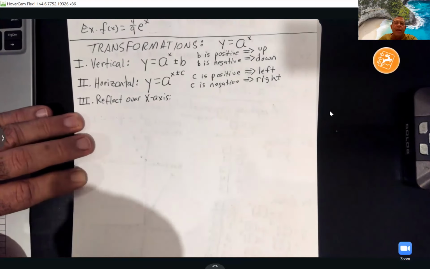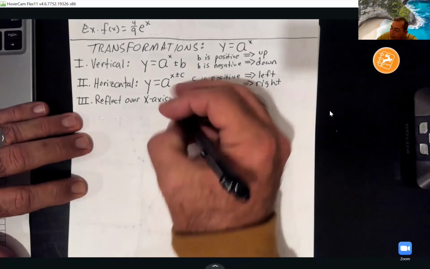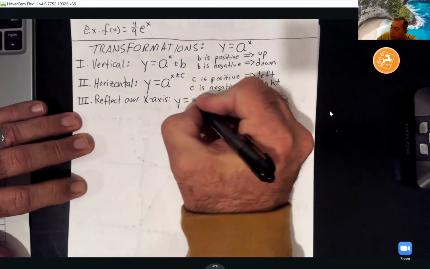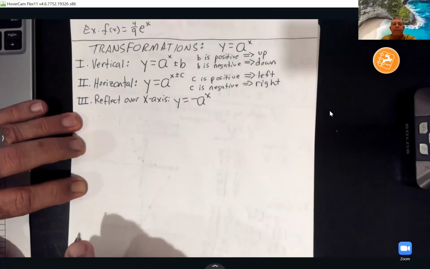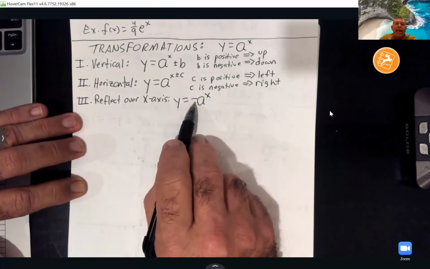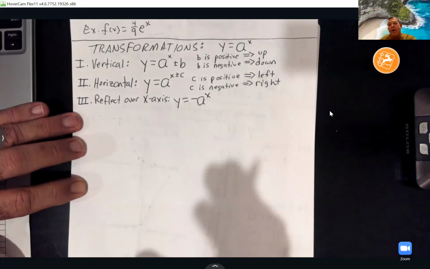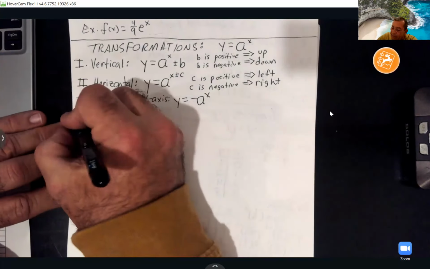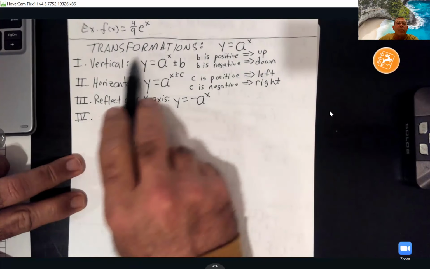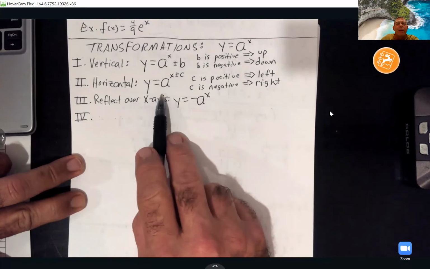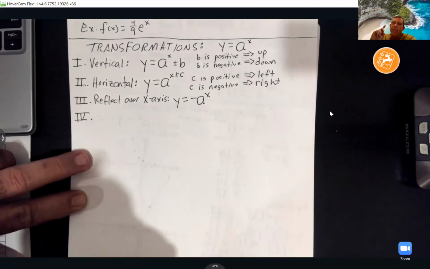To reflect it over the x-axis, it's going to be the same as it was in 7-2. I'm going to put a negative in front of my function. So if I throw a negative in front of the base, that's going to reflect it over the x-axis. So y'all, that was the only three we had in 7-2, but in 9.3, we get to add one more